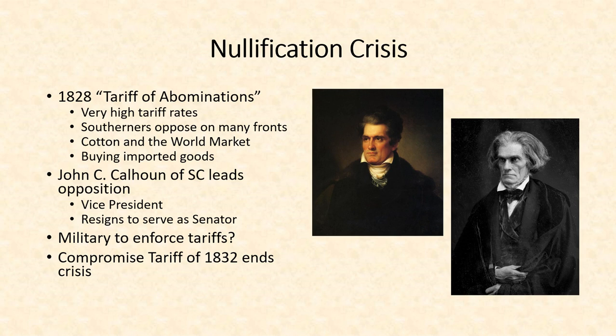Ultimately, through all of this, through the work of Henry Clay and Daniel Webster and other major American politicians from all sides, we see a compromise of 1832 passed and signed into law, which is a tariff with lower rates. It also has items in it that appeal to other sections so that it is not seen entirely as kowtowing to the whims of South Carolina. Jackson signs this into law and it ends the nullification crisis.